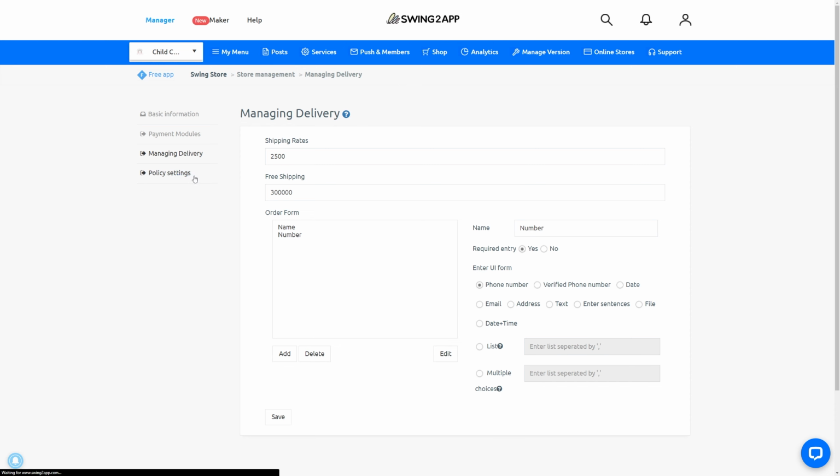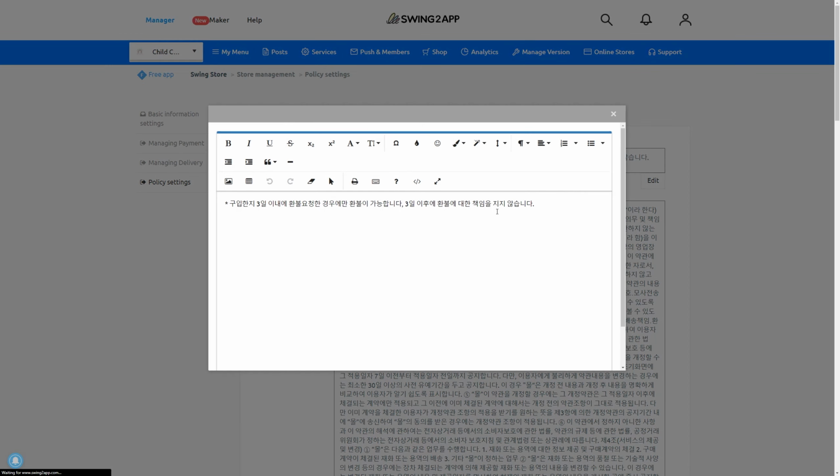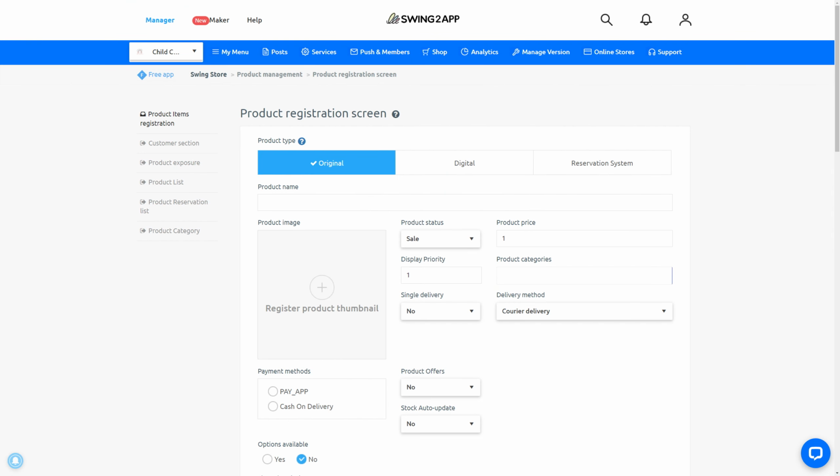Under the policy settings, you can set the exchange rate or return and store terms and conditions related policy. My store option is all covered. Now let us move to the product option. When adding a product,